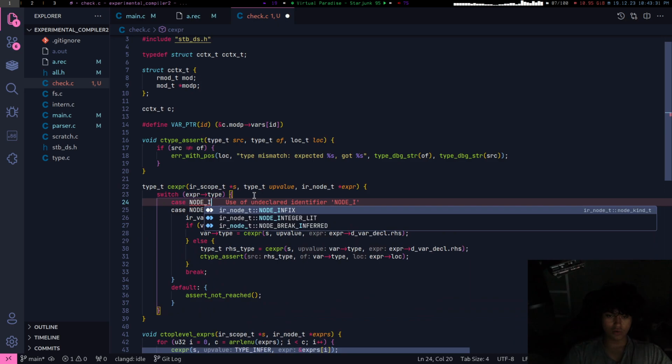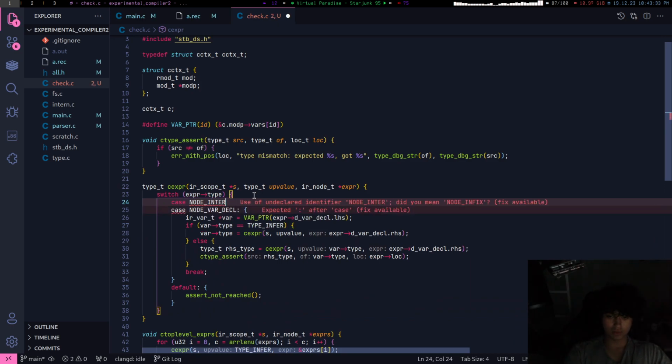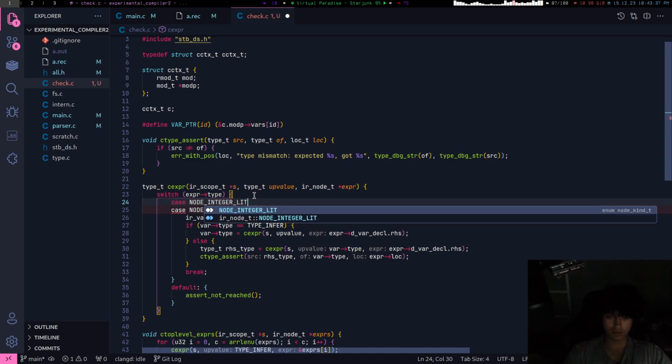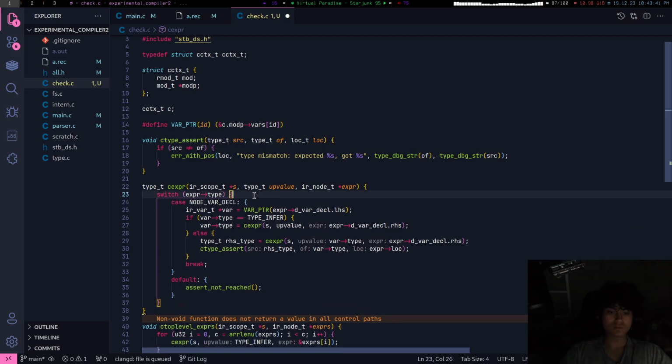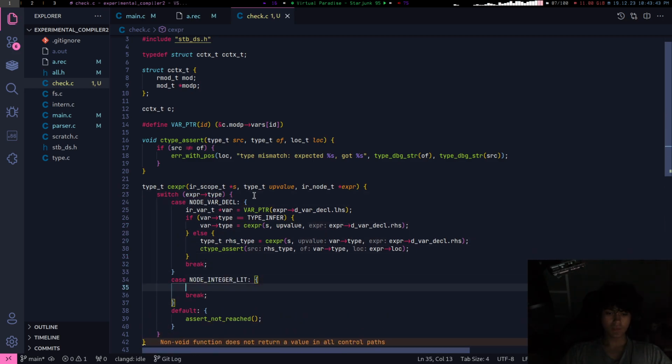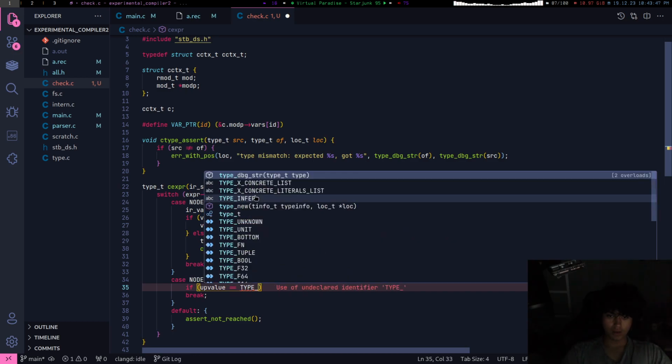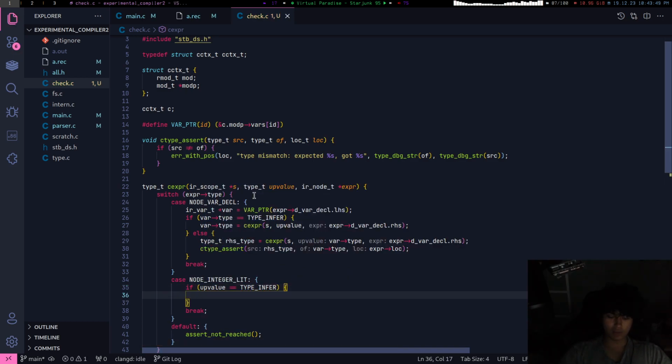So case node integer literal. Case if upvalue equals type infer. This is like one of the simplest ways to write this.